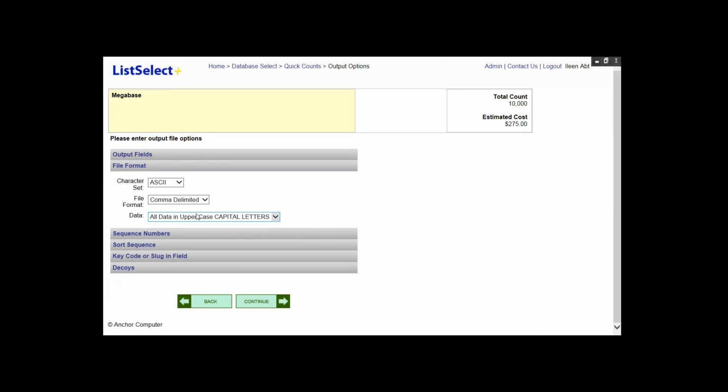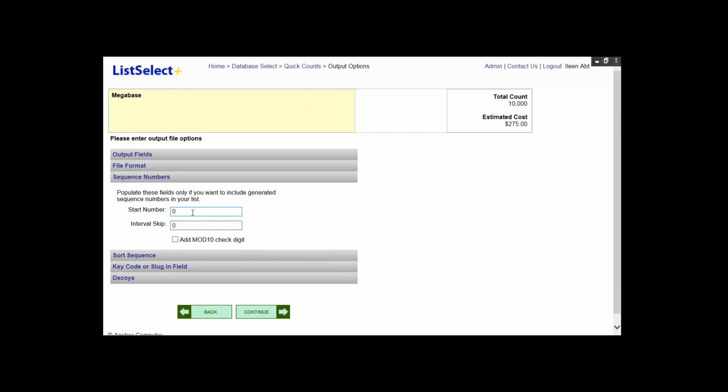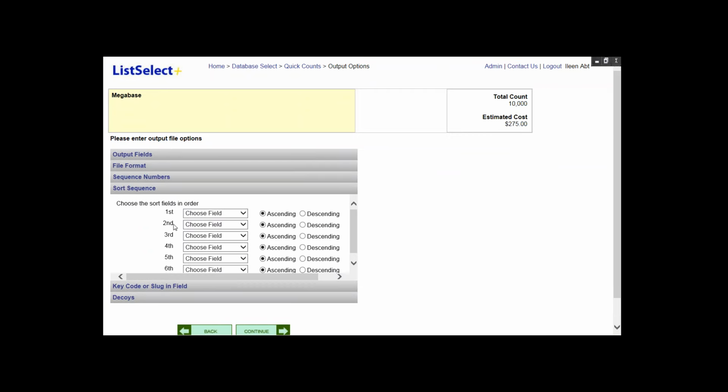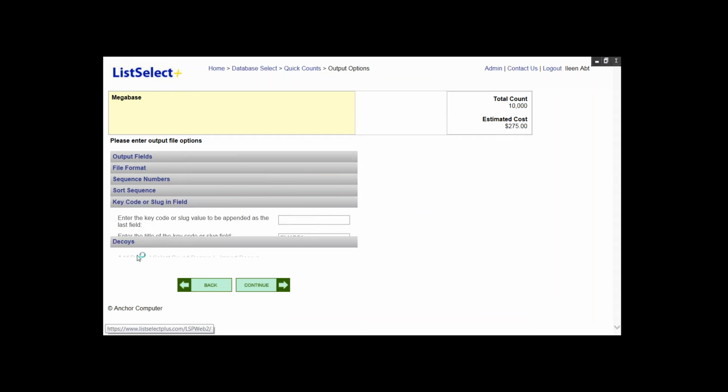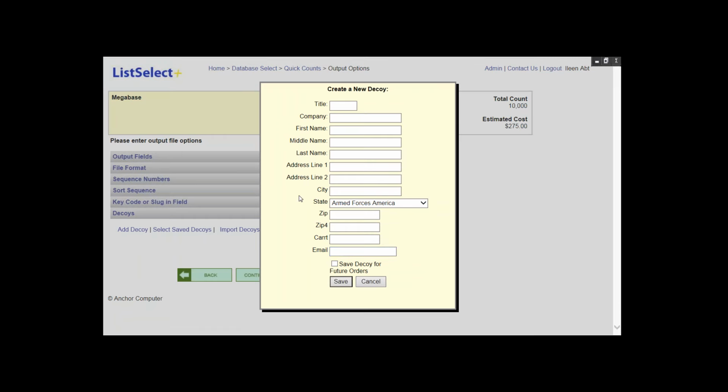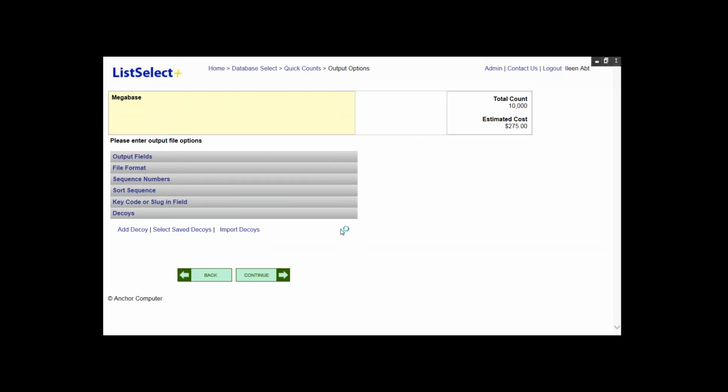I have file format options, ASCII or EBCDIC, comma delimited, tab, or text. I can sequence the file, putting in a start number and a skip interval, and add a mod 10 check digit if wanted. I can sort the file ascending or descending by any of the fields that I am outputting. I can key code or slug a field onto my output file, and I can add in decoys. I can add them on the fly by simply filling out this form, or I can actually import a file of decoys. What I'm going to do now is continue,